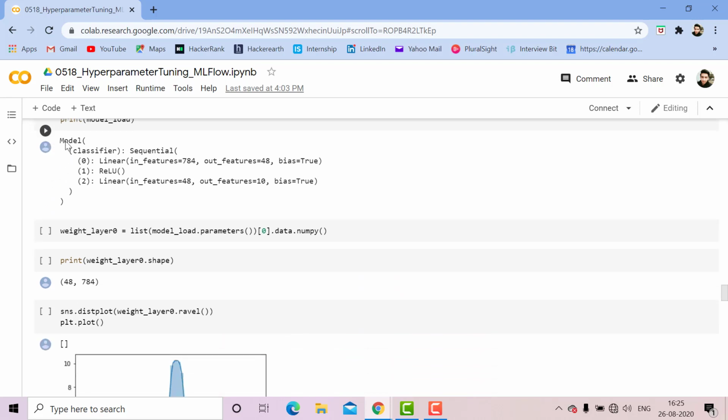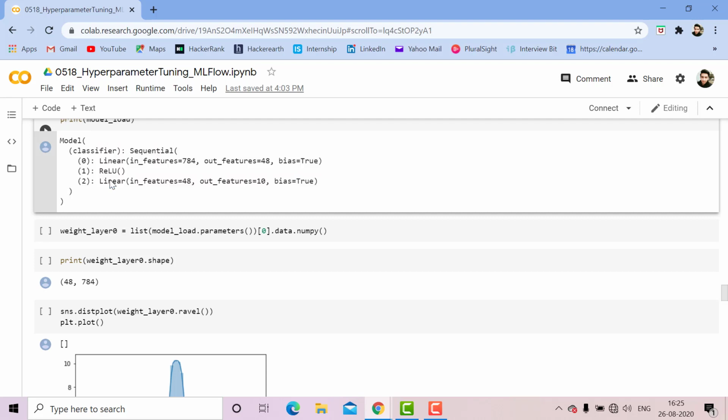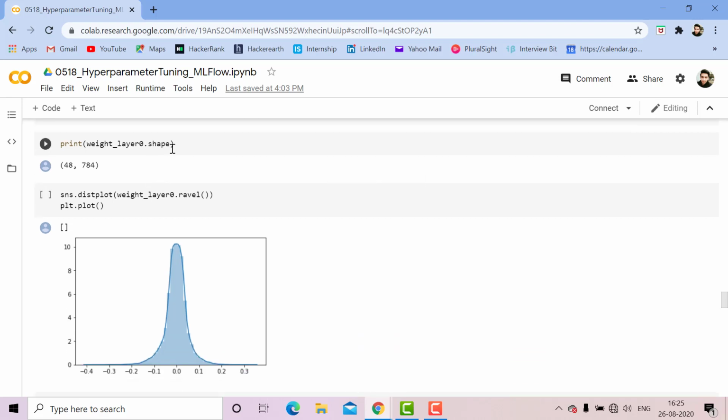This will print the output, the highlighted part, and weight_layer_0 is equal to list function with model_load.parameters function, you can see here. And when we print weight_layer_0.shape, we get 48 comma 784. Now sns.distplot function with weight_layer_0.ravel function, plt.plot function, it will plot this graph.